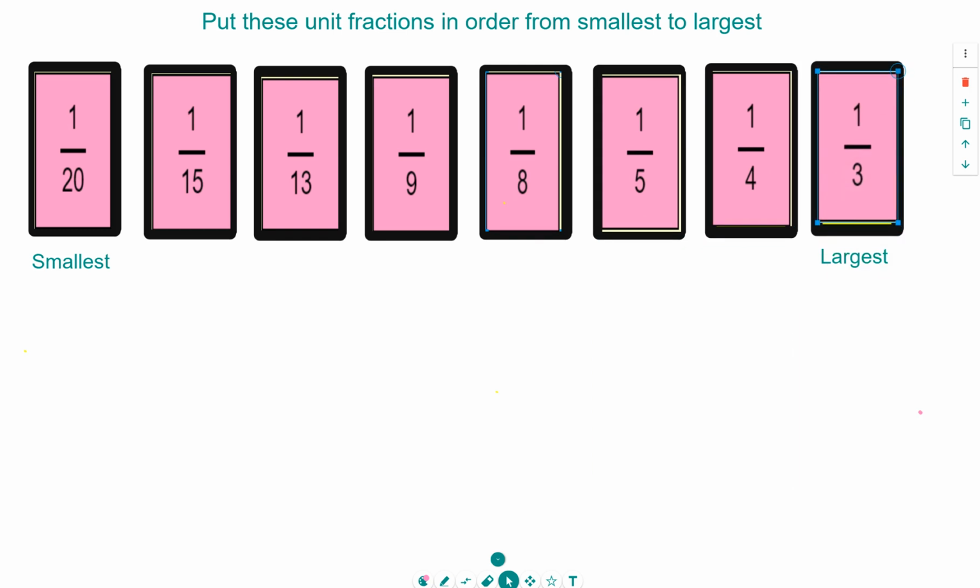So looking at these denominators, providing your numerators are all equal to 1, all the same, the smallest fraction is the one with the highest denominator, which is 20, and the largest unit fraction is the one with the smallest